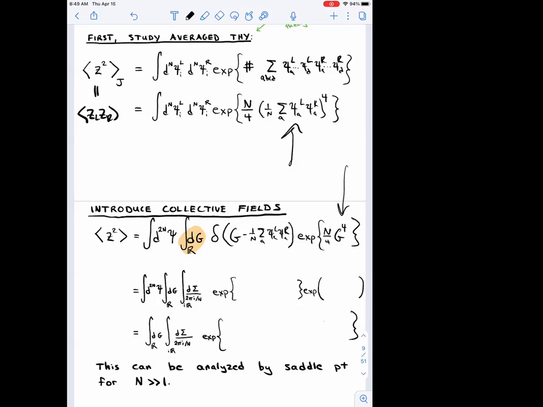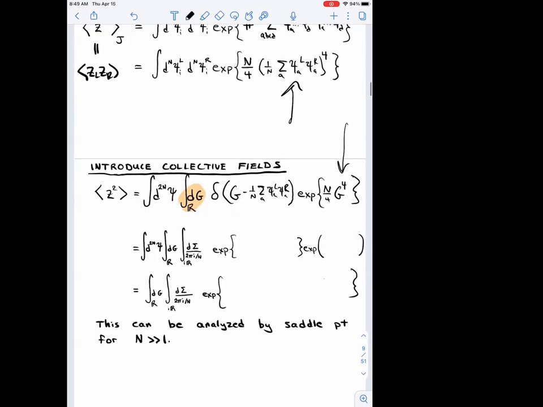We replaced that by g, which is fine as long as we have this delta function. Okay, so that's step one. By the way, this g represents a left-right fermion bilinear, so I should write this as g left-right. It's the type of variable that expresses correlation between the two systems, so it's like the wormhole variable. If this is non-zero, it's like a wormhole. But to save space, I'm going to leave off the subscripts because we only have one g variable. So I'll just call it g.